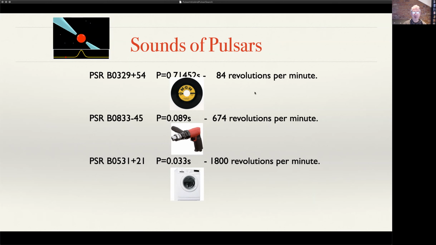And now we are listening to a pulsar that rotates 674 revolutions per minute. So that's similar to a drill, for example, that you might use to drill into the wall. And so you can hear